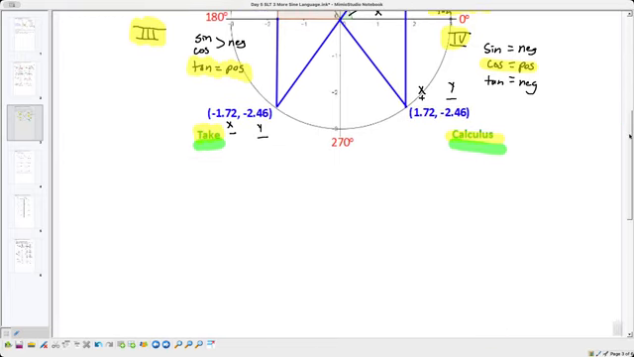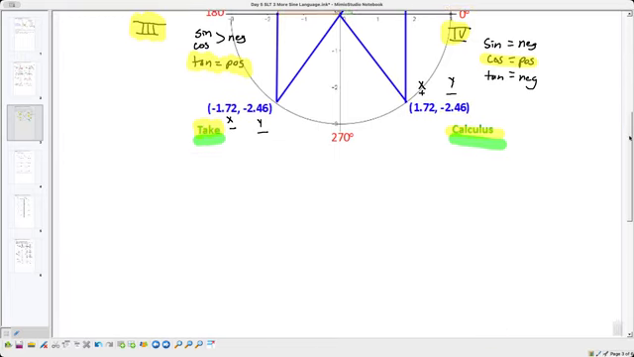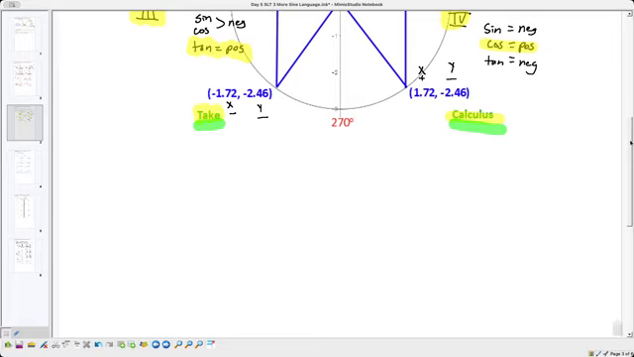Okay, now the last thing we are going to jot down here before we do some practice, we want to make some notes. To find symmetric angles,